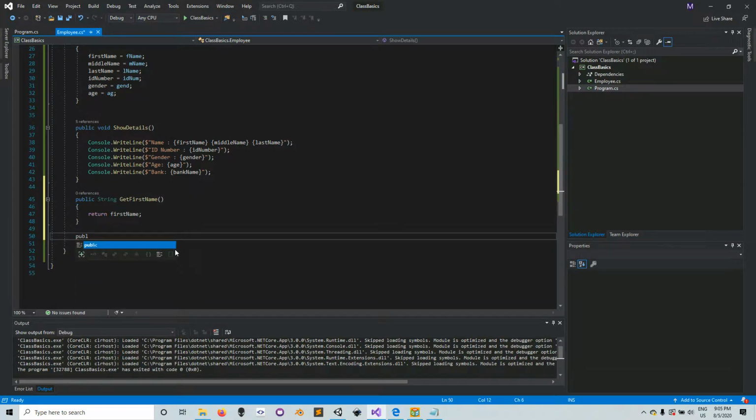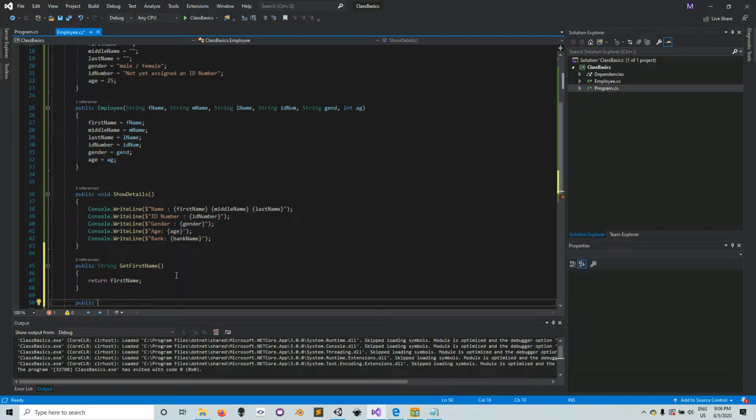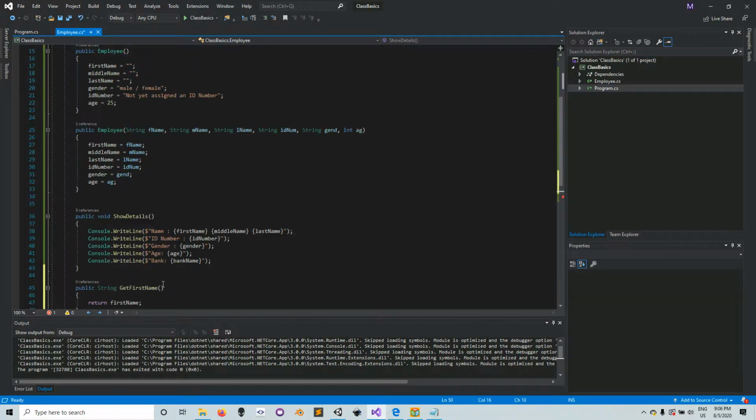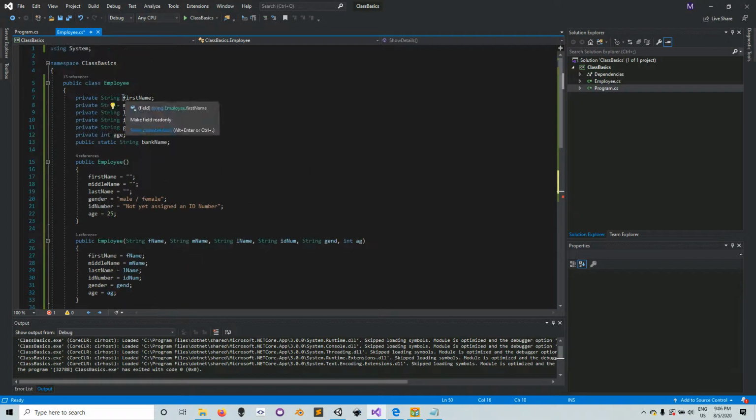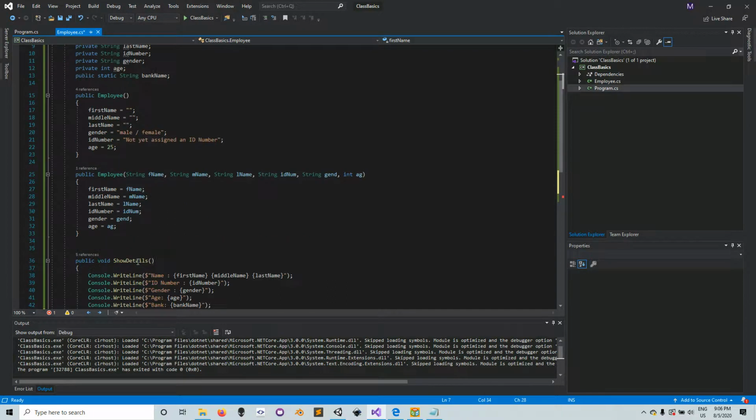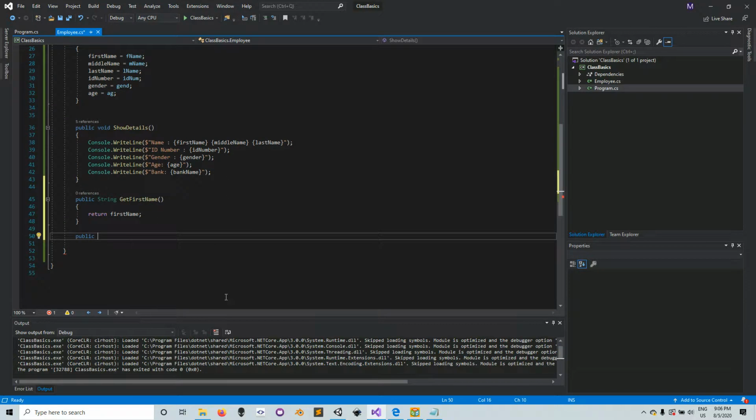So we're going to say public. Now the setter methods are going to be void because they do not return any value. The setter methods just take a value that you provide them, and they set it as the new value for the private variable that you're protecting. So, public void,